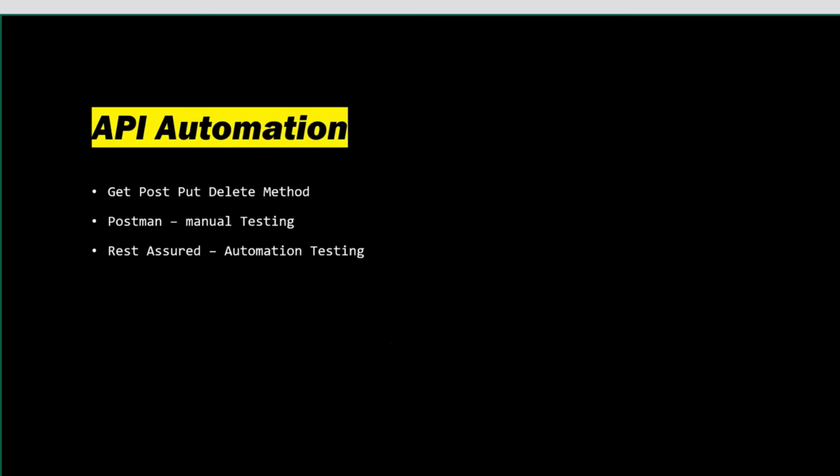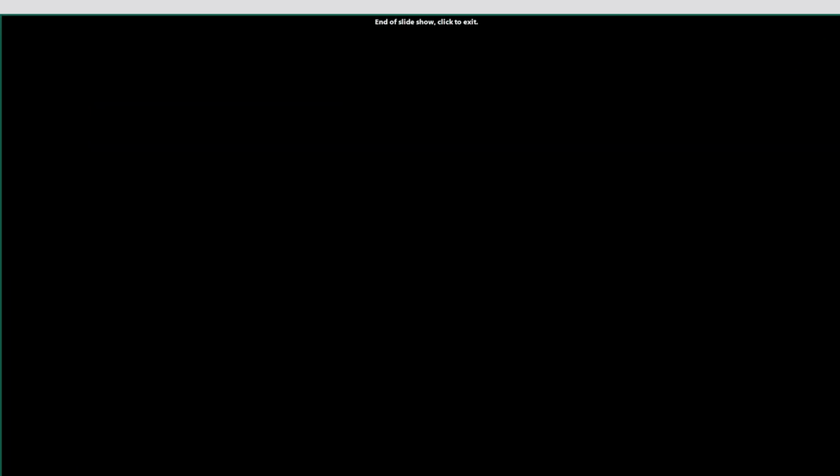There are certain methods: get, post, put, delete. I'll tell you how to do API automation through Postman, and also how we can automate the same methods, get, put, post, through REST Assured. We'll write the program for that as well.